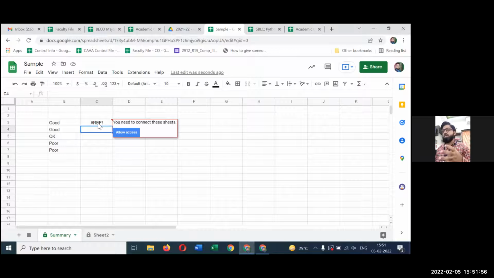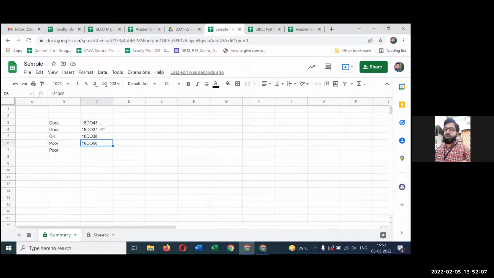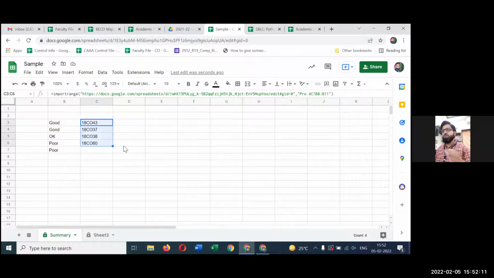The idea is what, unless and until I have an access of that file, I cannot pull the data from that file. No? So I will be allowing an access. If I say allow the access, then now I have the data. तो डेटा वहां से पुल हो गया। This is a very simple example. Likewise you can pull as much data as you want and then you can play with your data. जो भी आपको डेटा के ऑपरेशन परफॉर्म करना है,